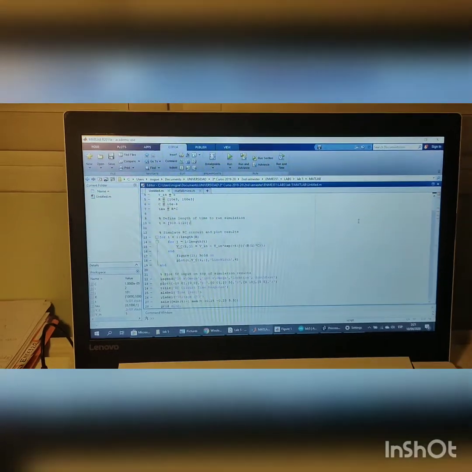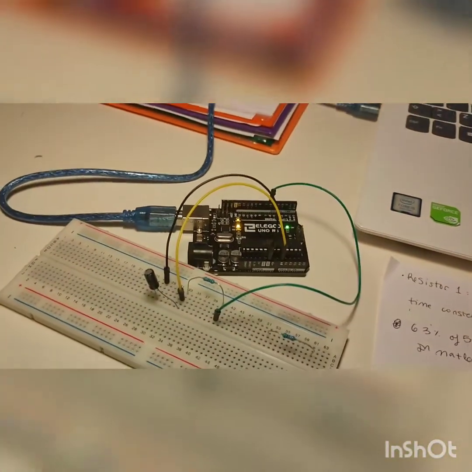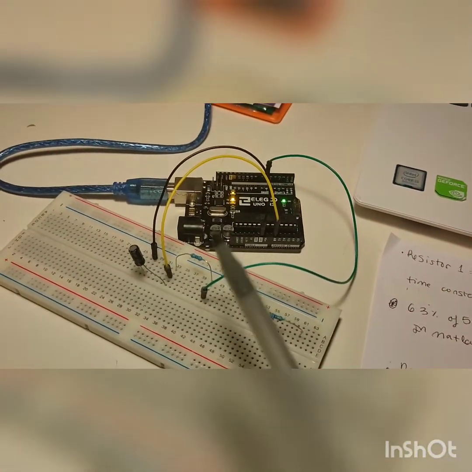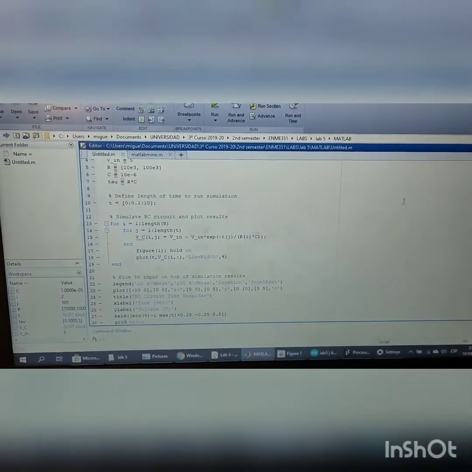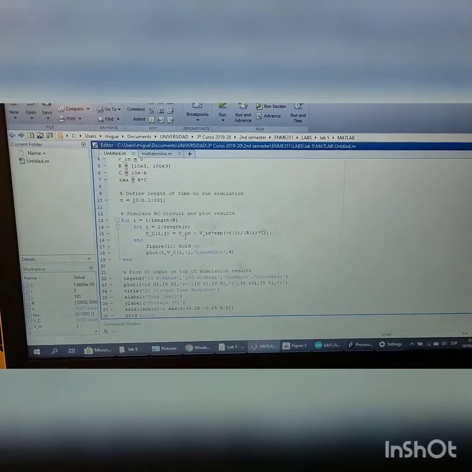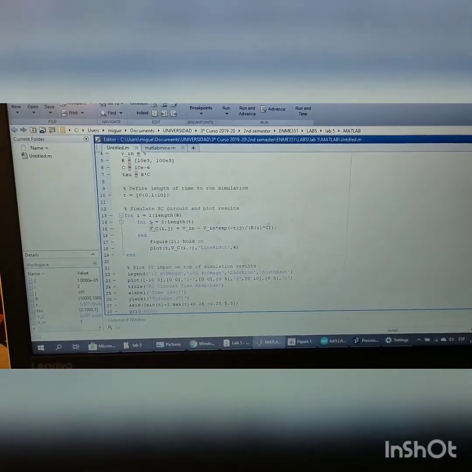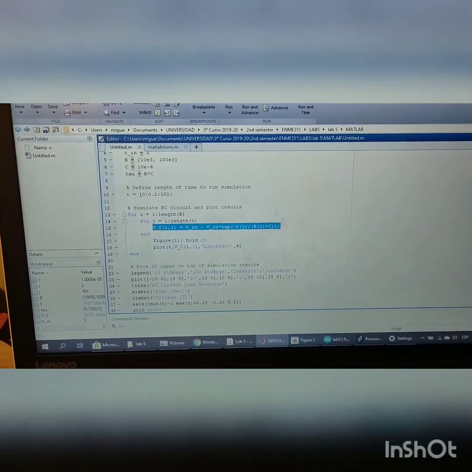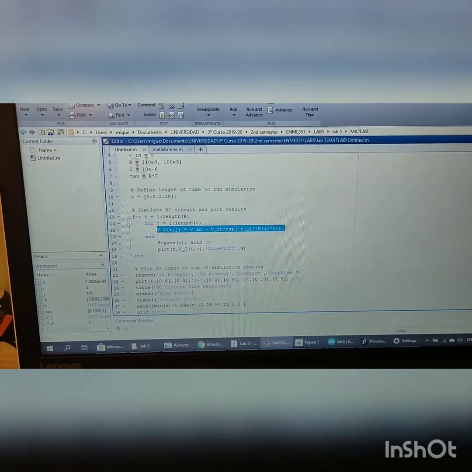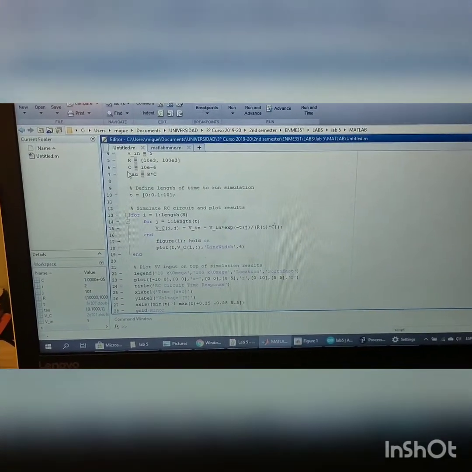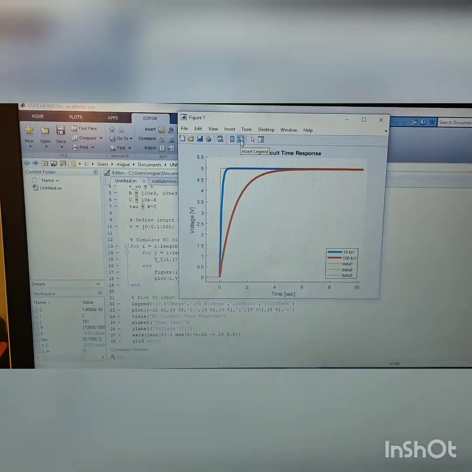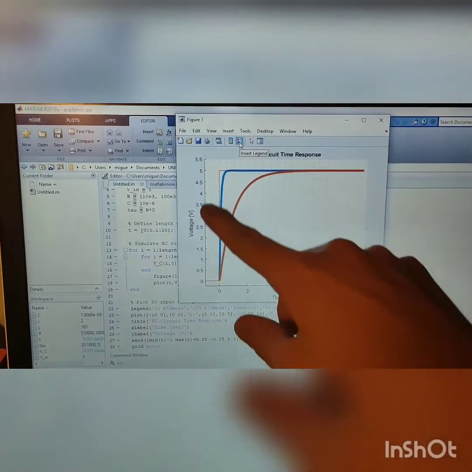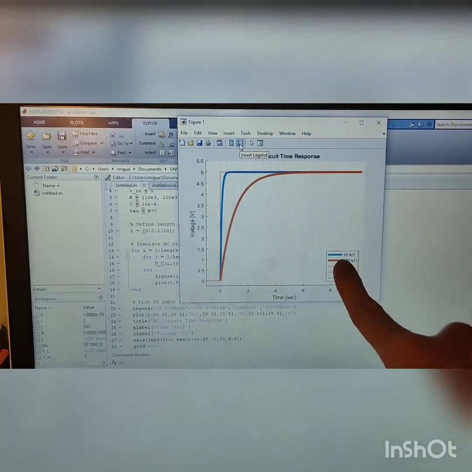Lab 5 video. In this lab, we study the behavior of a first-order system consisting of a resistor and a capacitor. The first MATLAB code given is defining this system by means of a Fourier equation and setting different variables such as the time constant. If we run this code, we get this graph representing the voltage out when the resistor 1 is used,